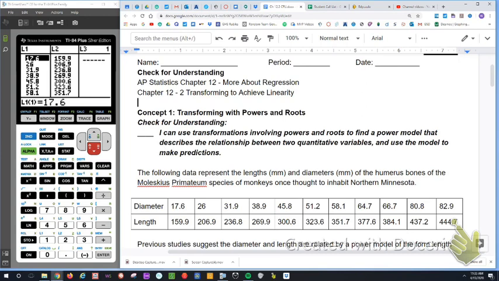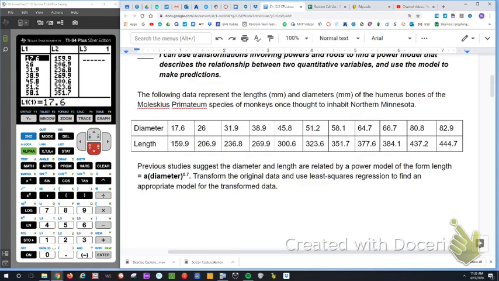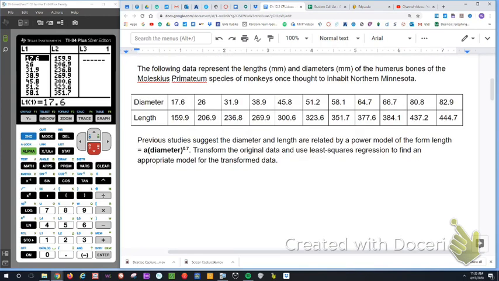So look at the following example, okay? The following data represents the lengths and diameters of the humerus bones of this special type of monkeys once thought to inhabit northern Minnesota. So your diameter should be in your list 1. That's your explanatory variable. Your length should be your list 2, and that's your response variable, as you can see